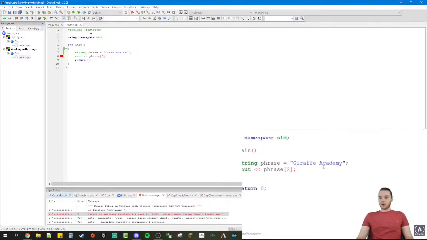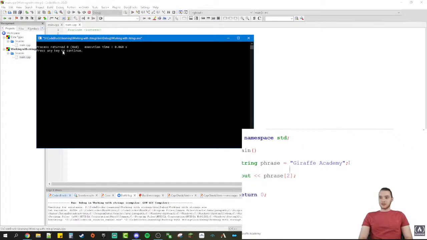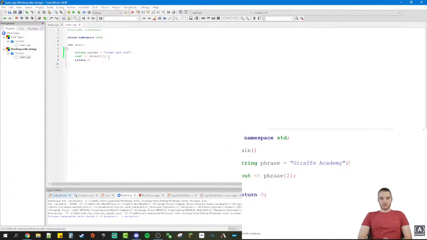So if you haven't caught on yet, whenever we're indexing a string, we're starting at 0. So if I was to assign index positions to each one of these characters in the string, I would say that G is at index